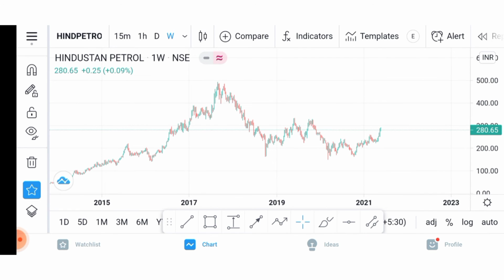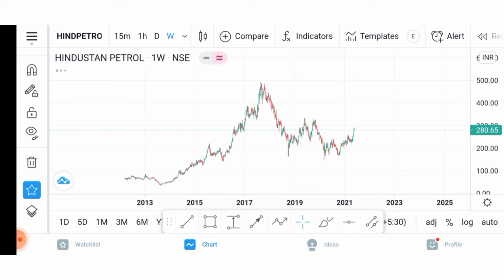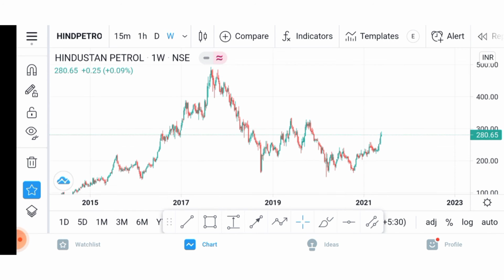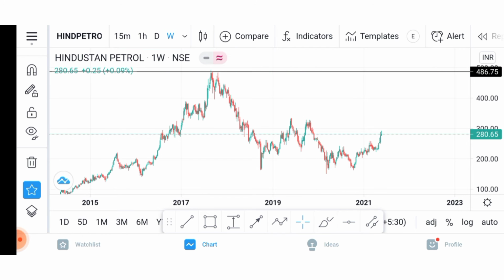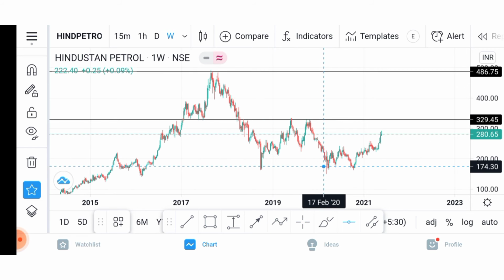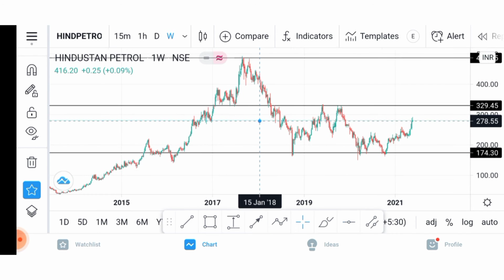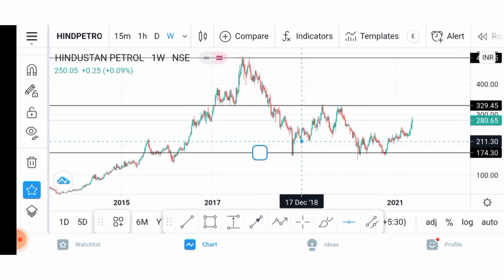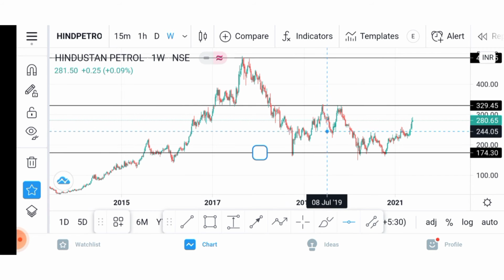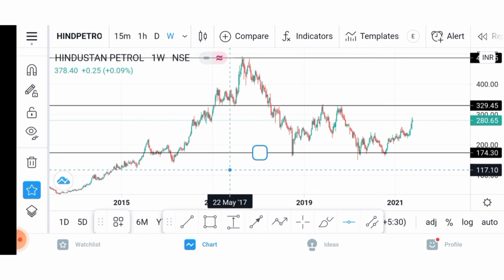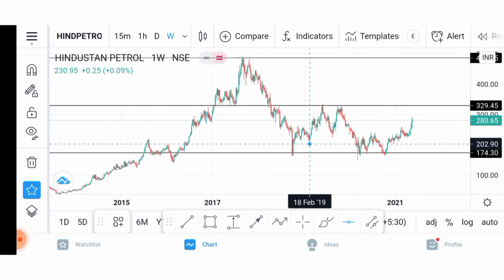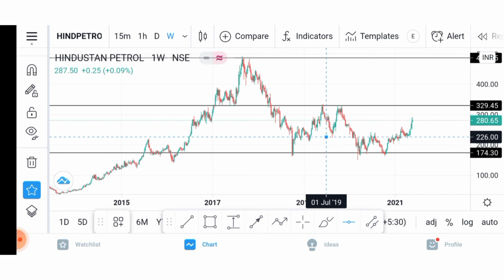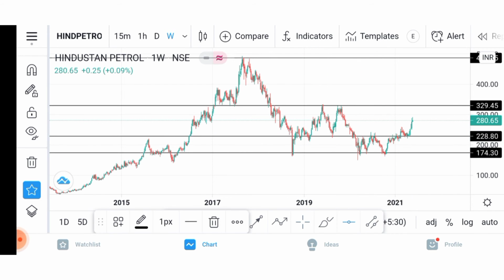Okay, first step, zoom out your chart. Number 2, most obvious level. Mark your most obvious level over here, over here, over here. One more, this. Okay, if you are not getting any levels, just leave it. Just don't stress and draw, because if it's not there, it's not there. If it's there, it's there. I think I can see it. Yeah, this is a good level.